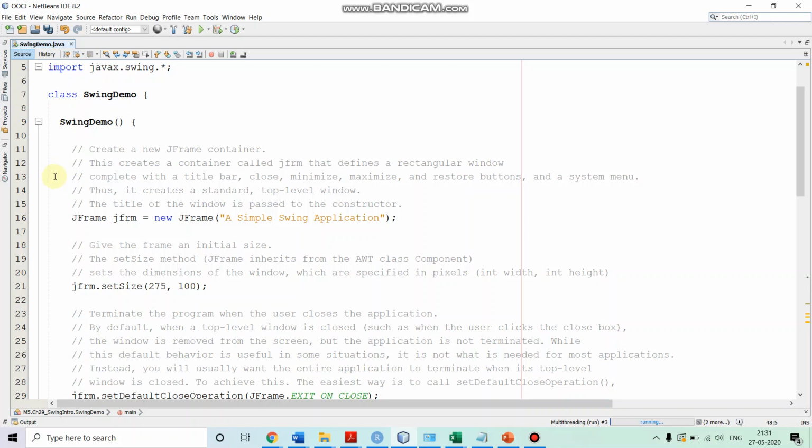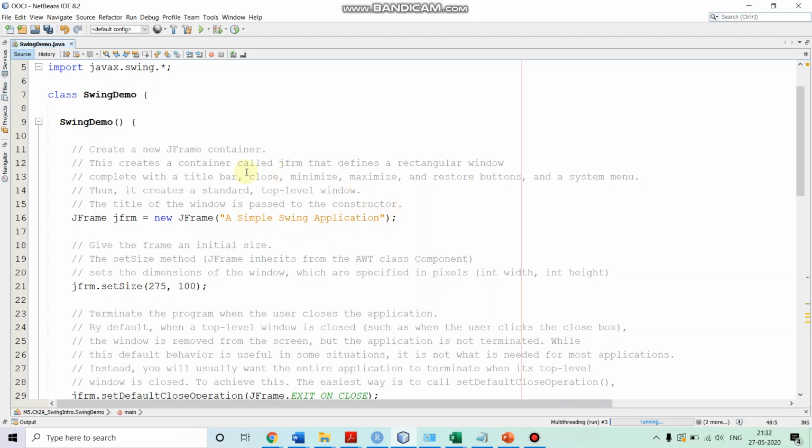So we first create a new JFrame container. For this, we are calling new JFrame, and we are passing the title of the JFrame as a parameter. We want the title to be "A Simple Swing Application."